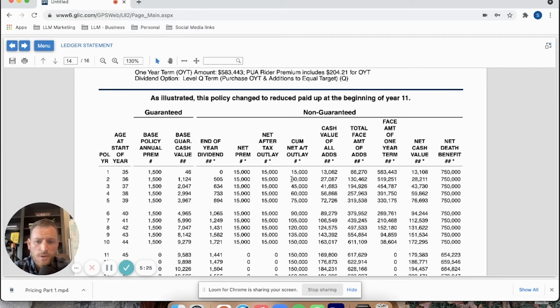Look at year 2. I've paid in $30,000. All right, so $15,000 in year 1, $15,000 in year 2, and I have $28,000 in cash value available. It's about an $1,800 hit. Move on to year 3, $45,000 I put in total, $43,000. So you see this number is getting smaller and smaller, and more is showing up in cash value because you're paying down the expense of the insurance.